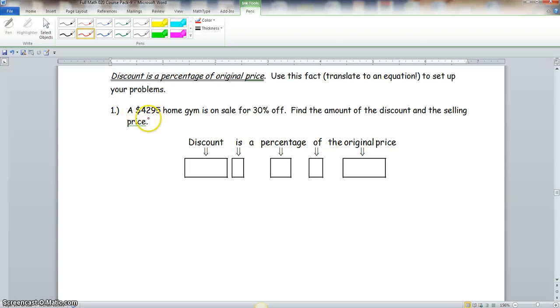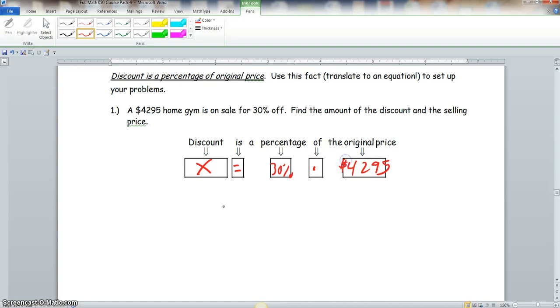Now, we have a $4,295 home gym that is on sale for 30% off. Find the amount of the discount and the selling price. So, we don't know what the discount is, so that's X. "Is" means equal. A percentage, we know we add 30%. "Of" means multiplication, and the original price is